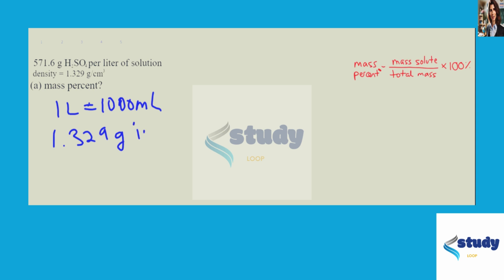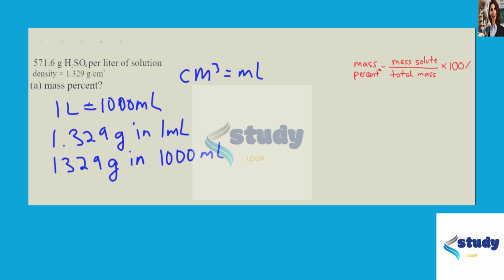We also know that there's 1.329 grams in 1 milliliter of the solution, because that's the density, and centimeters cubed are equal to milliliters. And so if I had 1,000 milliliters, I should have 1,329 grams in those 1,000 milliliters. Okay. So given that information,